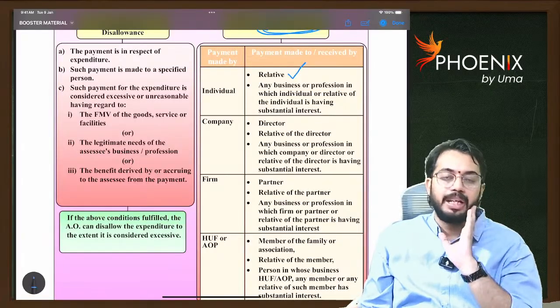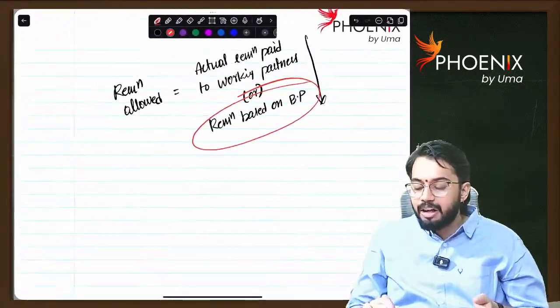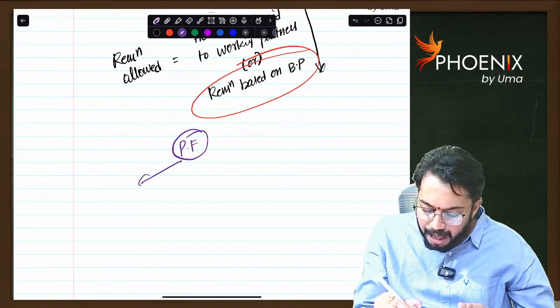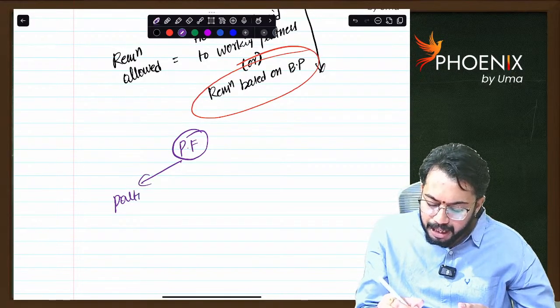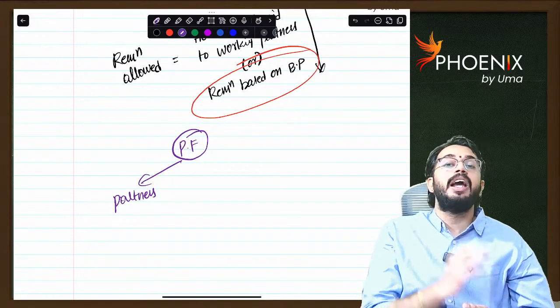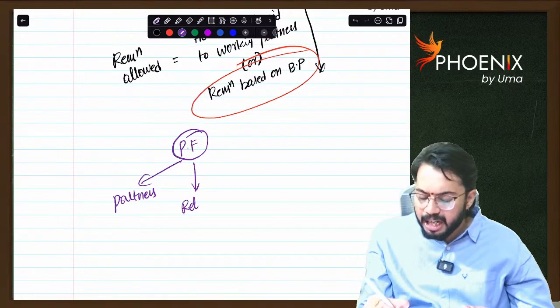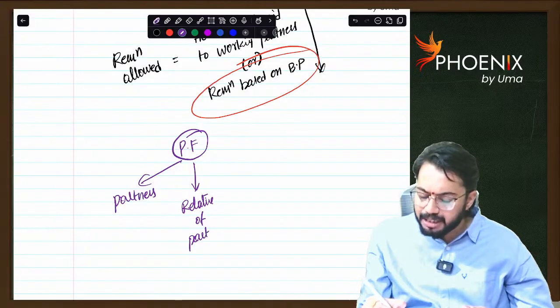Excess payment is to be disallowed. Next, in case of partnership firm, who is called as specified person? In case of partnership firm, partners are to be considered as specified persons. Any excess payment to partners is disallowed. Not only partners, relative of partners, if any excess payment is made to relative of partners, that is also to